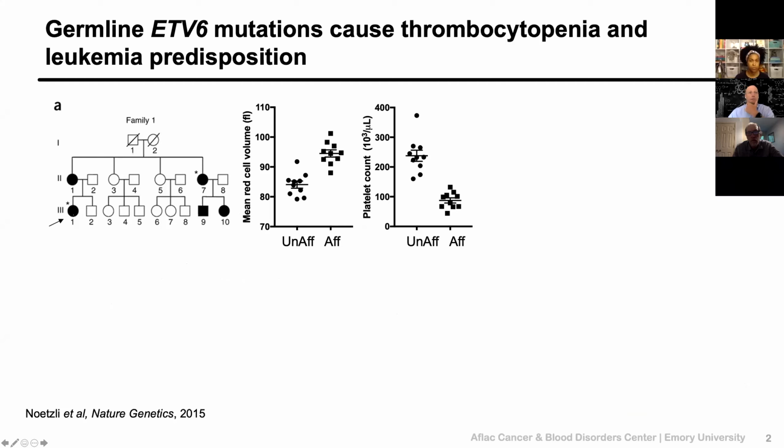A colleague of ours identified a young girl with a history of thrombocytopenia and ALL. Several family members also had thrombocytopenia, and an aunt also had leukemia. The pedigree suggested autosomal dominant inheritance. And whole exome sequencing of the individuals indicated in red